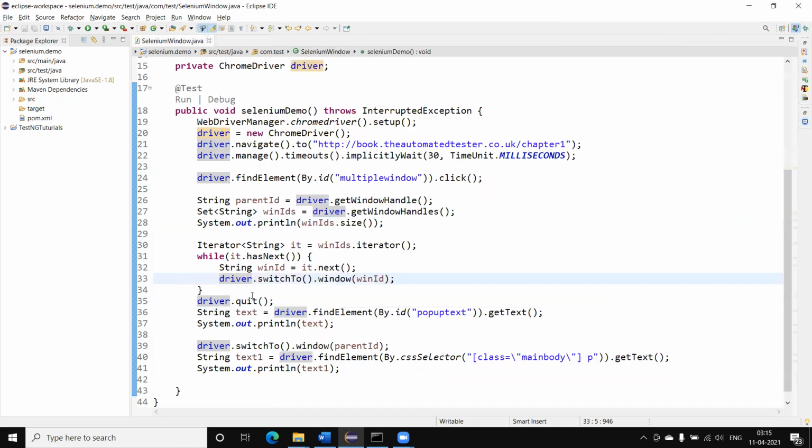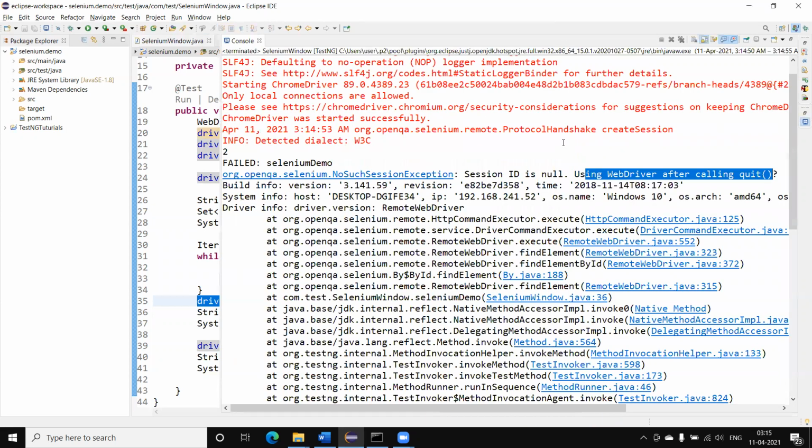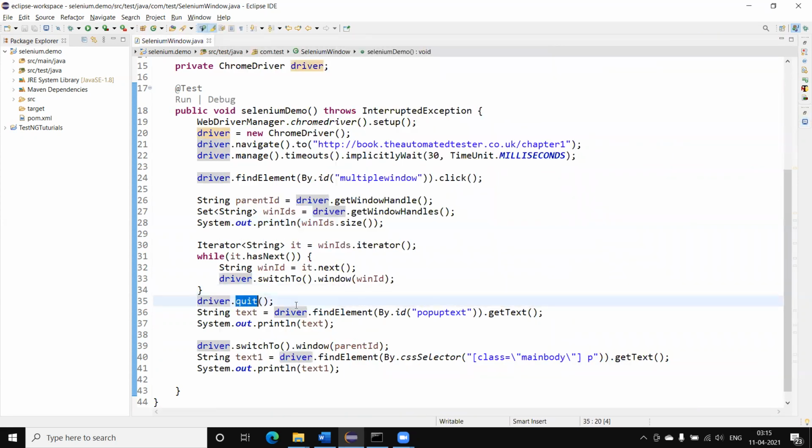It means that when we call driver.quit, it will close all the browsers and destroy the session. After that, we cannot do anything; we will get exception errors, no such session. But if we are using driver.close, the session will not be destroyed, only the browser window will close.